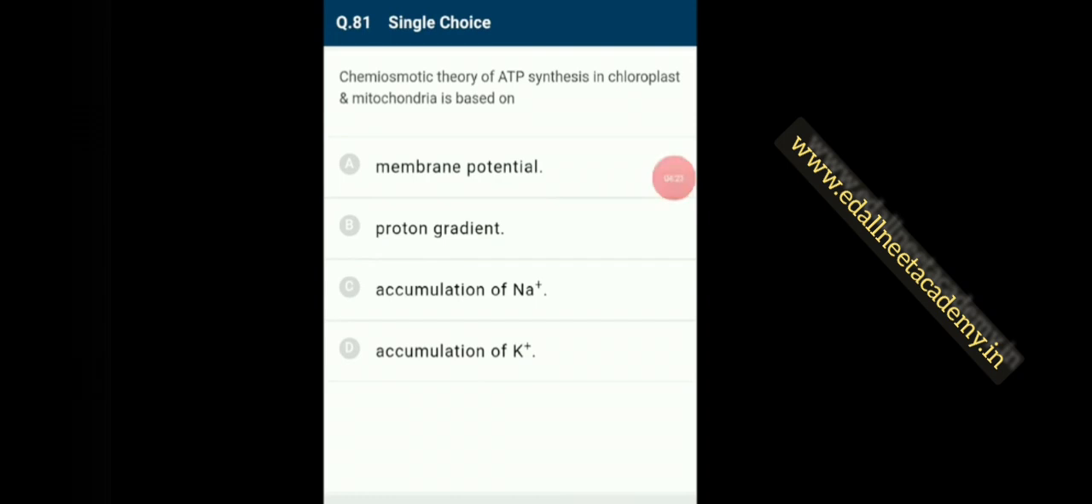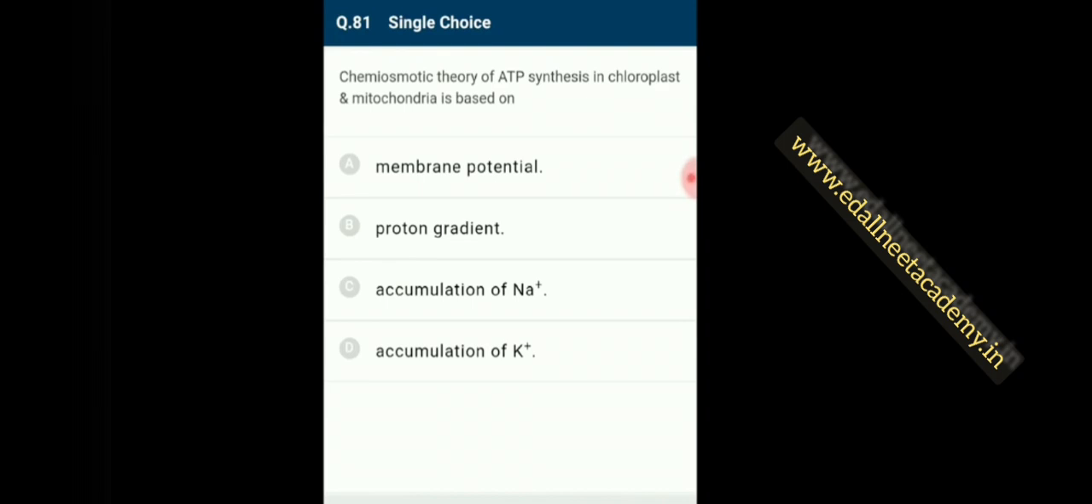Chemiosmotic theory of ATP synthesis in chloroplast and mitochondria is based on. Peter Mitchell, a British biochemist, in the year 1961 proposed the chemiosmotic theory, where he states that the protons pumped out due to the action of the electron transport system into the intermembrane space of mitochondria generates an electrochemical gradient. The gradient of protons causes higher pH value in the internal matrix of mitochondria and low pH value in the intermembrane space, and when the protons flow back in, energy is dissipated, which helps in the synthesis of ATP